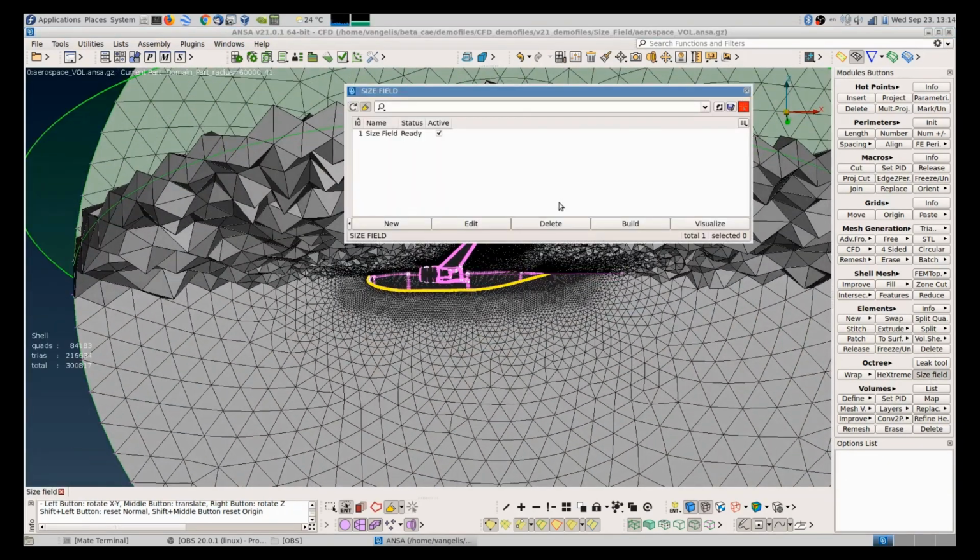Remember, the size field is a tool that is set up in the Octary menu, and it affects the surface mesh, the volume mesh in batch mesh, and also of course the surface wrapping and the extreme volume meshing. So it's one entity that controls size using many different rules and all the different meshing solutions in ANSYS.